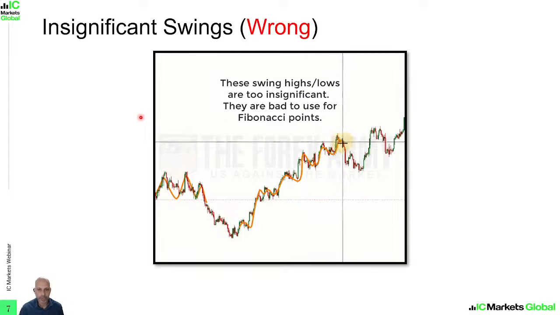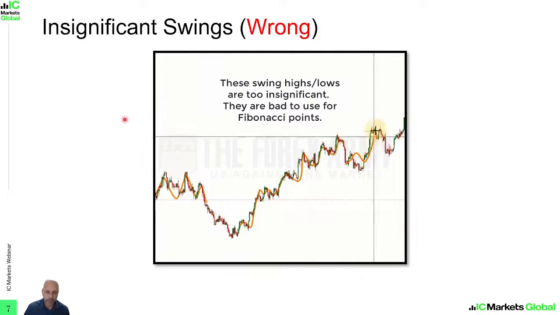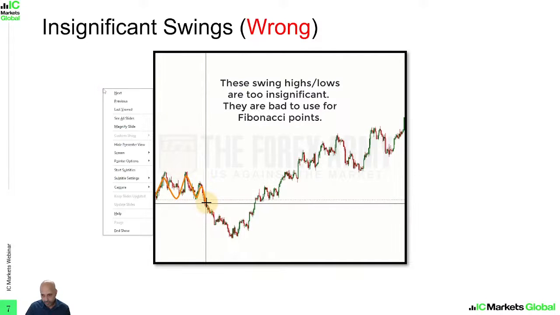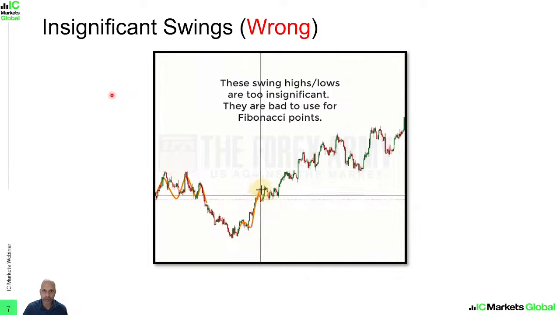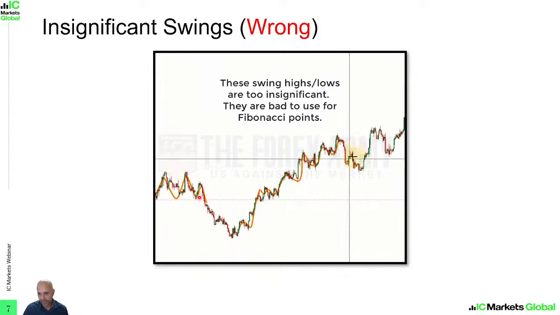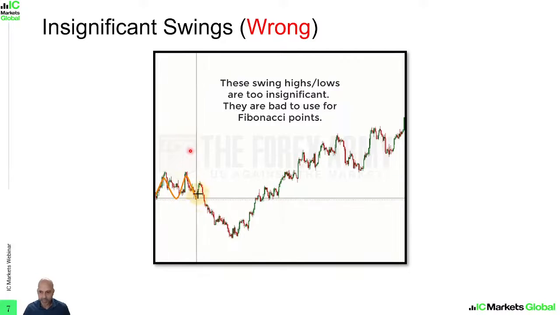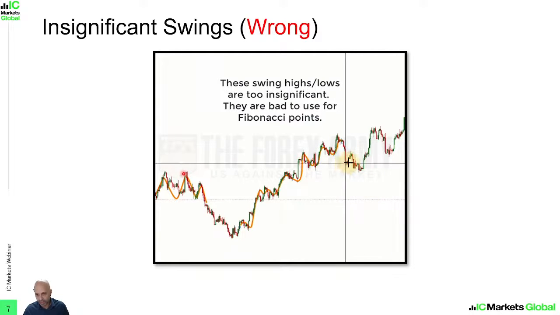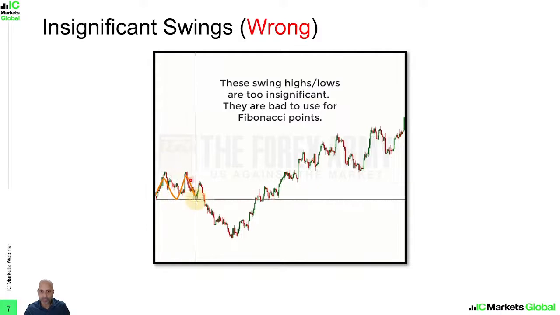So when we use the Fibonacci retracement tool and we are trying to draw the starting point and end point, we're actually looking for significant swings, right? We're looking for a significant swing high and a significant swing low. In this example here, this GIF is highlighting the insignificant swings, which are wrong. So we should not be using the Fibonacci retracement tool from this swing high here, for example, down to this swing low, right? These are insignificant, and the subsequent retracement levels may not yield much significance.